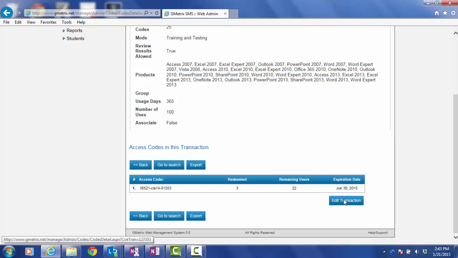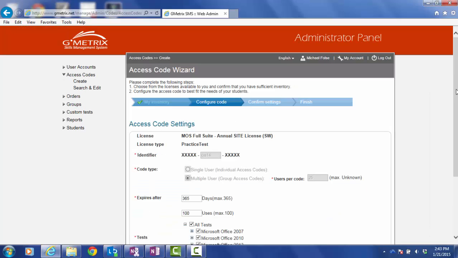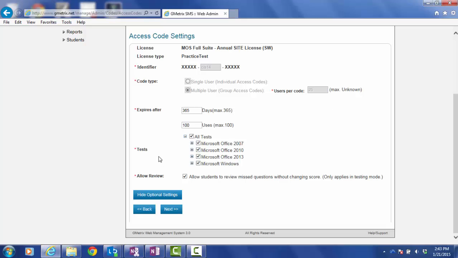I'm going to go to Edit Transaction. This is what you click next. Once you click that, you have a couple of options. Pretty much everything's grayed out, but you can see the tests, which is actually the products that they list. You can see every one of mine is checked. So what I'm going to do is I'm going to uncheck all tests,